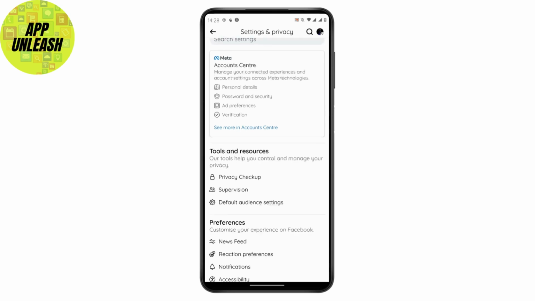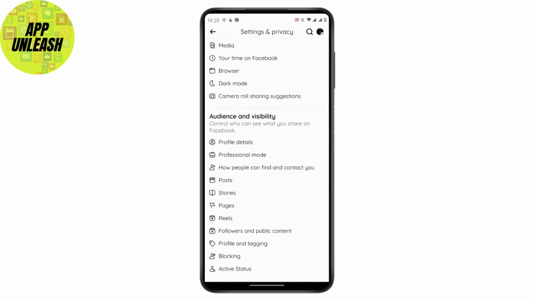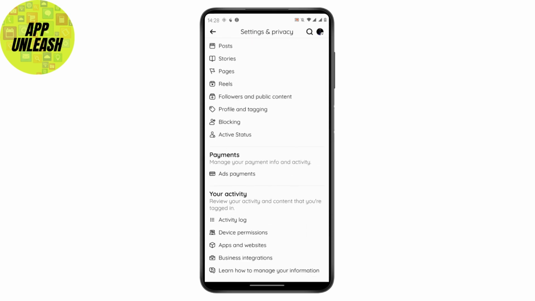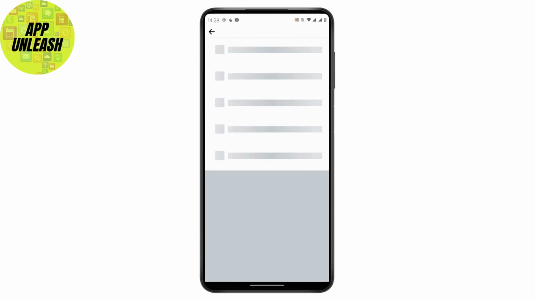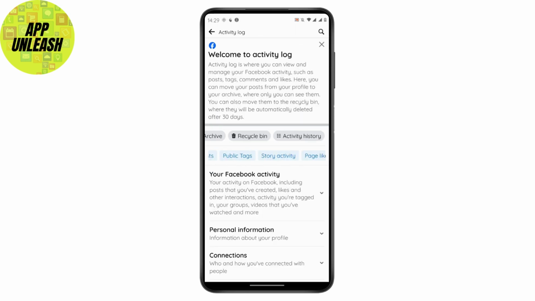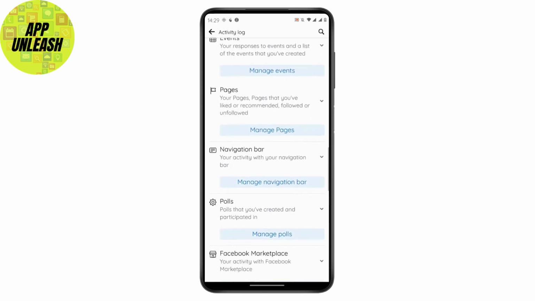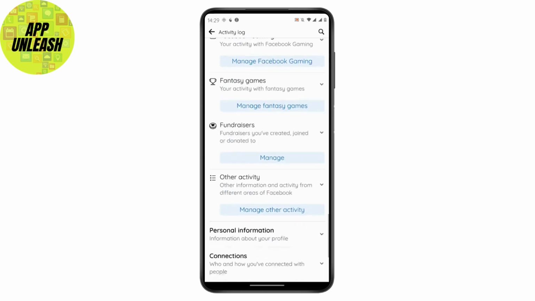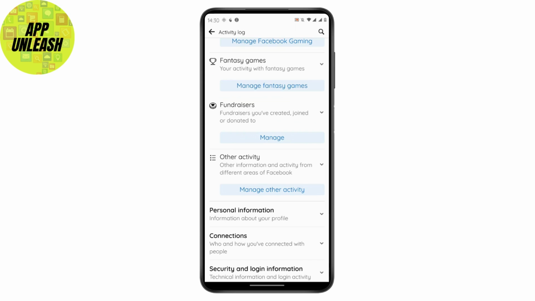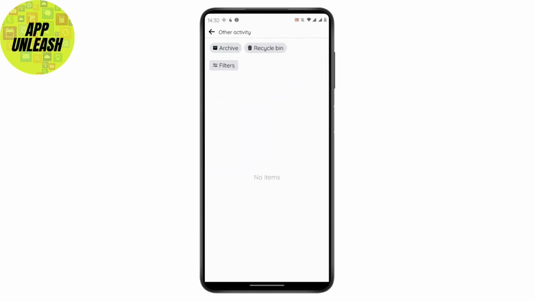After tapping on that, from here you should find an option which is activity log. So you will find activity log, just simply select it, and after selecting your activity log, from here you will find your Facebook activity option, just simply tap on it. After tapping on that option, just scroll all the way down and you will find other activity option, just simply tap on manage other activities, and after tapping on manage all activities you will find all the activities that